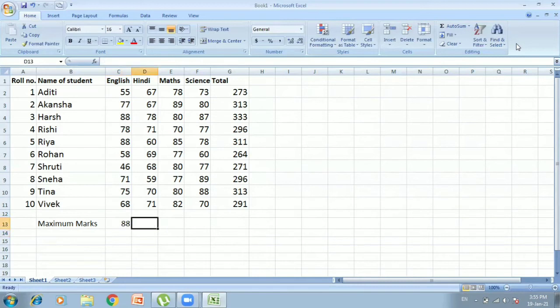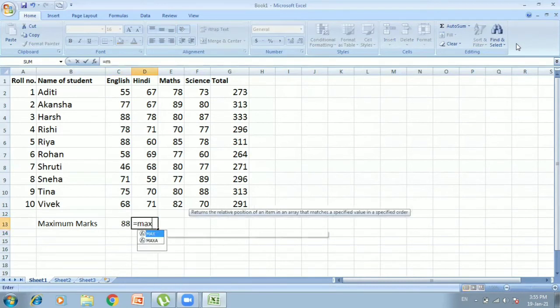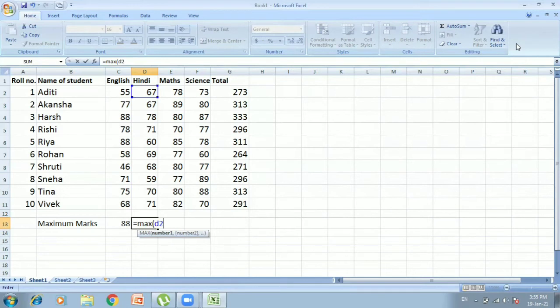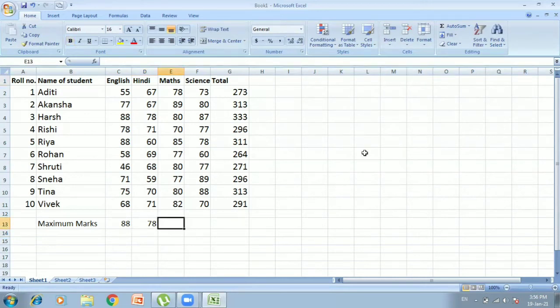Now let us apply for Hindi also. So again is equals to max within brackets. It is in D column. So D2 semicolon till D11. Bracket close. Enter. So you can see in Hindi the maximum marks is 78. Let us do it for maths also.